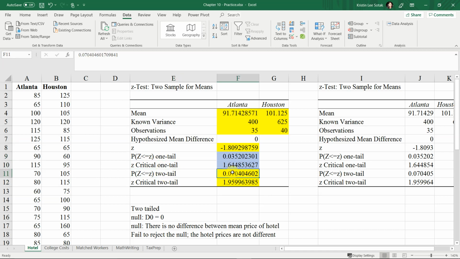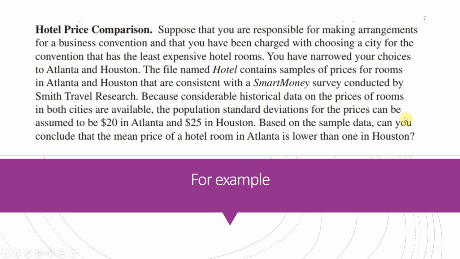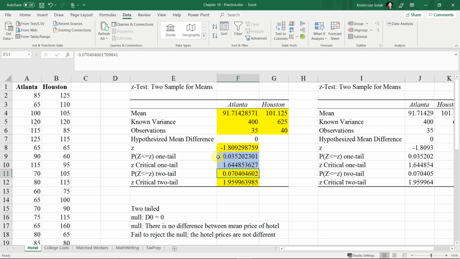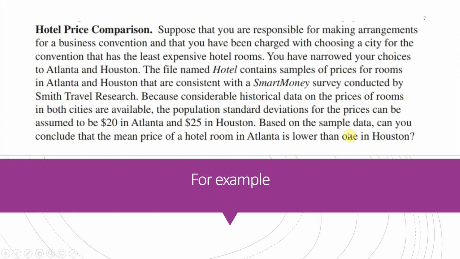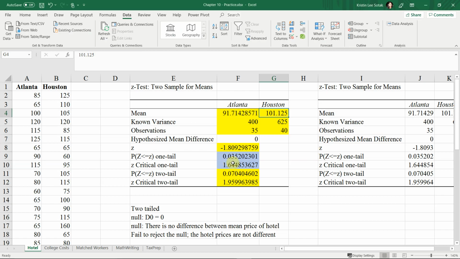So if you remember in the example, it said, can you conclude that the mean price of a hotel room in Atlanta is lower than in Houston? So it's actually a 1-tailed test. If we were to look at the 1-tailed test, P is less than 0.05, because I believe that was our alpha. So we would reject the null hypothesis and conclude that, yes, it is cheaper in Atlanta compared to Houston, right? So that's it. And we can also look at the critical